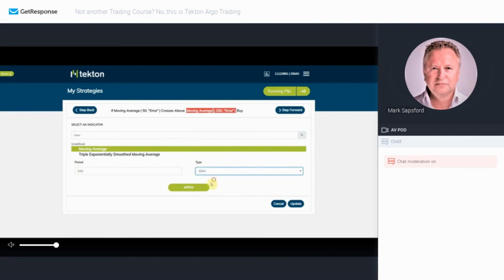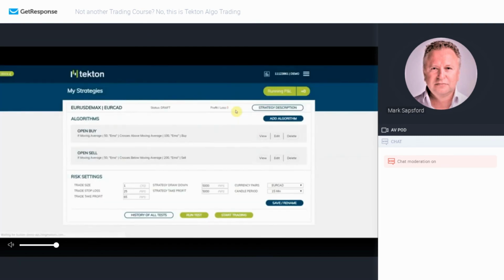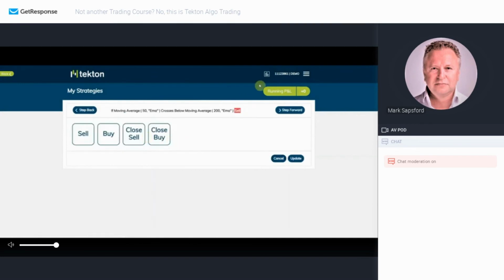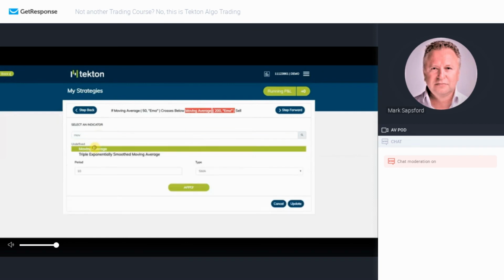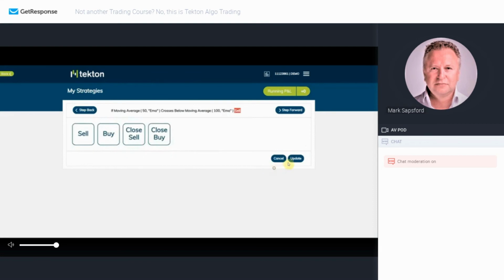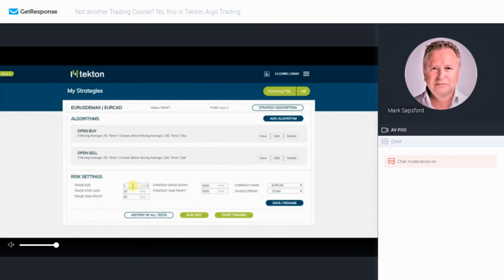EMA, and click update, confirm, edit that back again to 100, EMA, apply, update, confirm. It was 20 and 50, and euro dollar